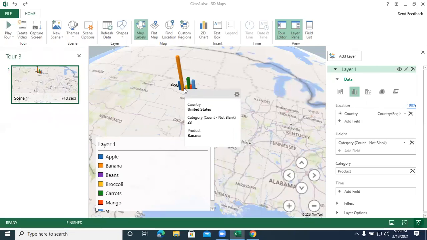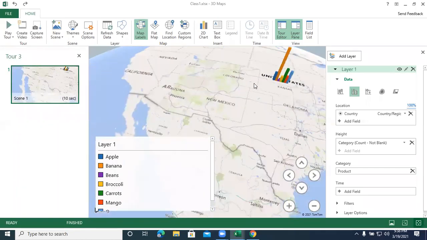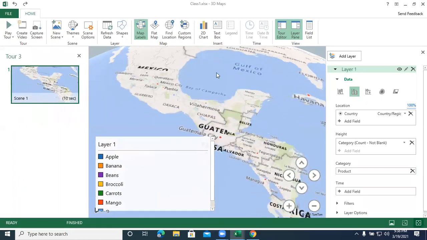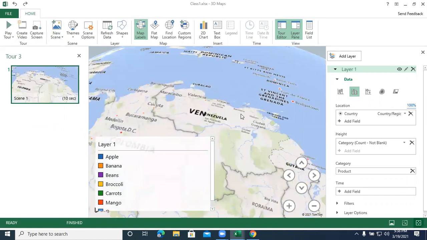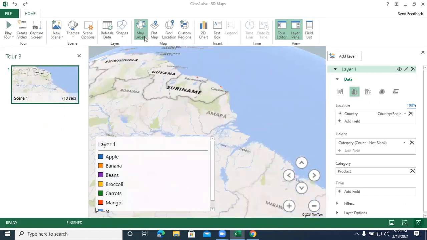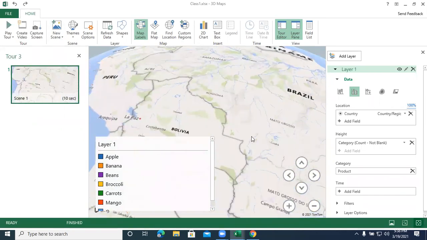Any doubts? Have you all checked the 3D map based on a normal table?